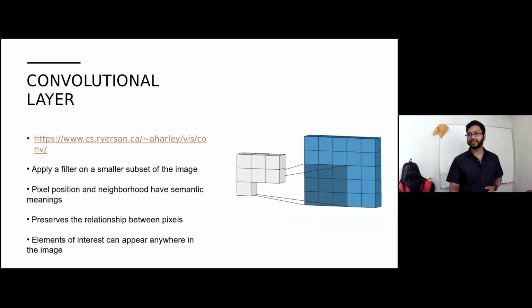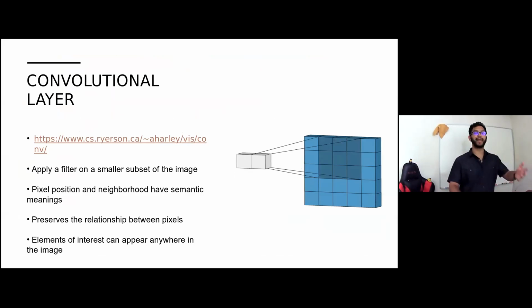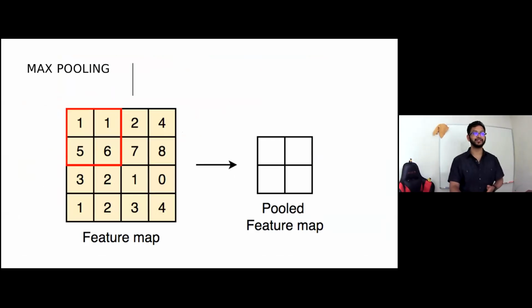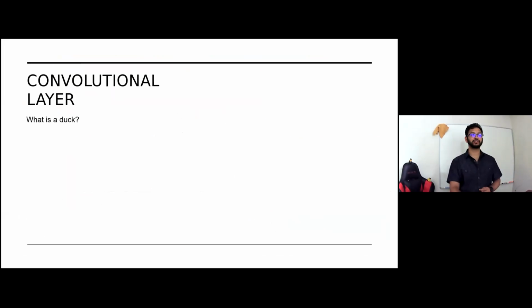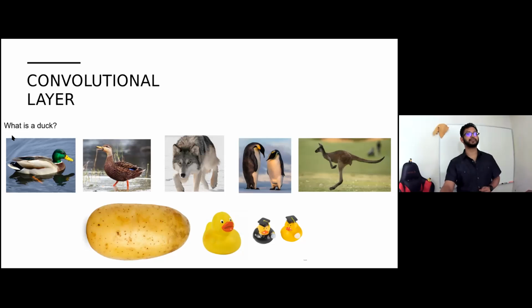The next thing we can do for feature reduction is max pooling. Max pooling essentially says, I don't care too much about what's going on, except for the most important thing. So in this case, we pick a small subsection, and the max value is being stored. If we go back to our picture of a duck, I don't really care too much about the water over here, but I do care about the tail. So the tail would be the most active pixel, so we'll save that pixel. That's how we can reduce the feature dimension. We can get rid of all of the water or all of the different things we're not really interested in.